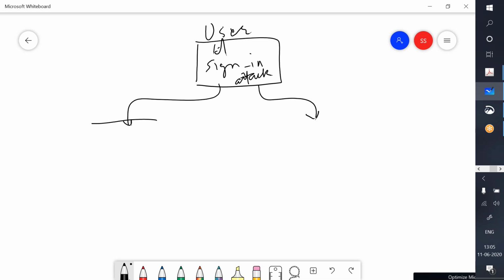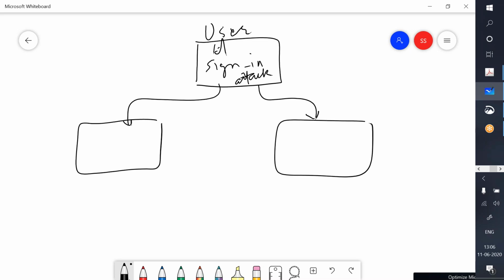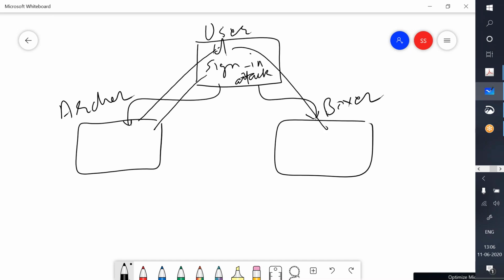Then from this user class we derived 2 classes, Archer and Boxer. So ID got inherited in both, sign-in got inherited in both, and attack functionality was overridden by these respective classes. So please try to understand, ID and sign-in methods we are inheriting in these classes, and attack functionality we overrode.